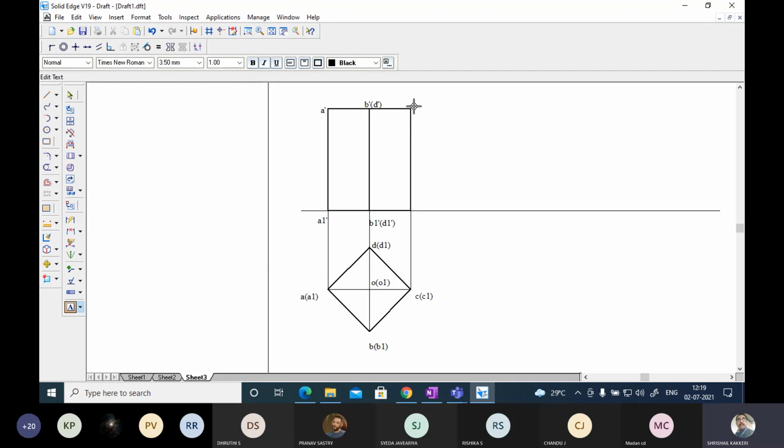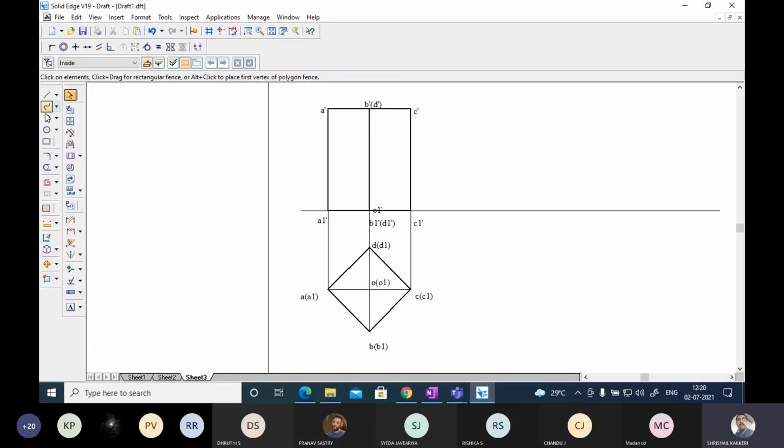D1 dash. Okay, and this is C and C. This is C dash, and this will be C1 dash. C1 dash, and here if you write O dash, and you can write here O1 dash. O1 dash, and I have not taken O.